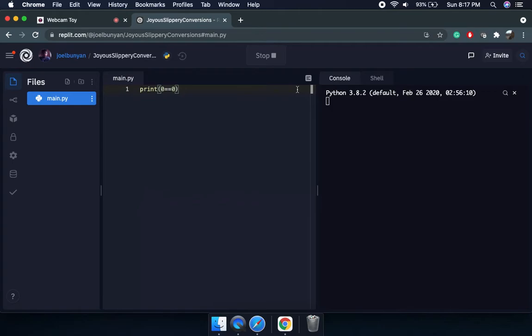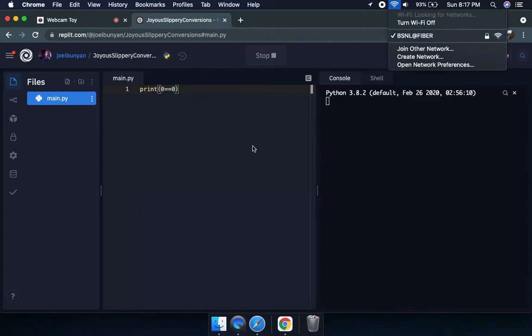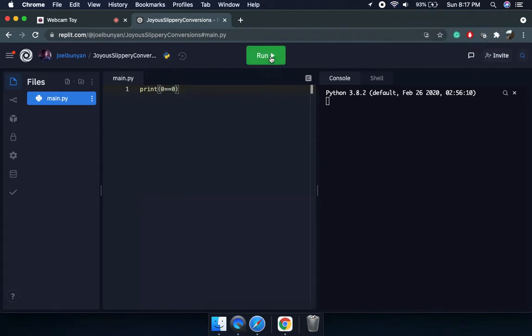So let's see. It might take some time. What we are doing here is just checking if this 0 is equal to this 0.